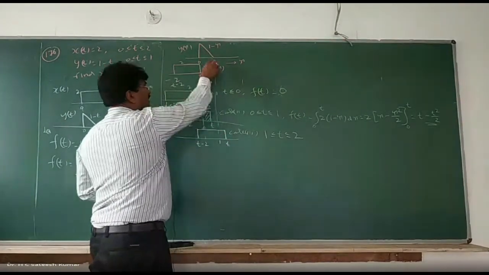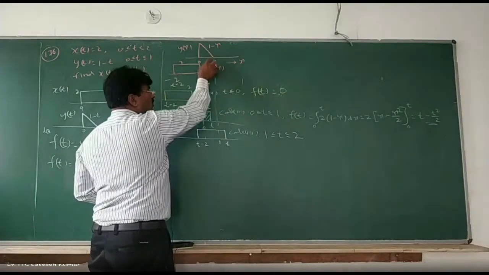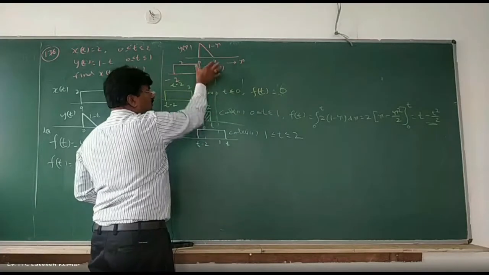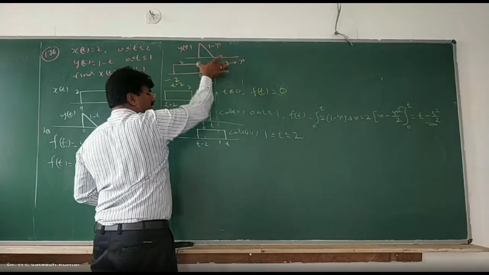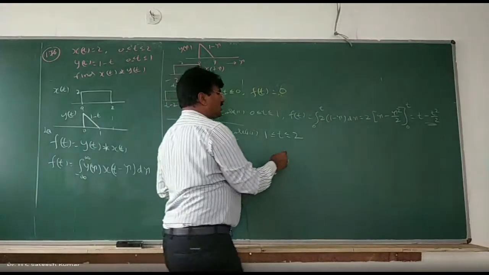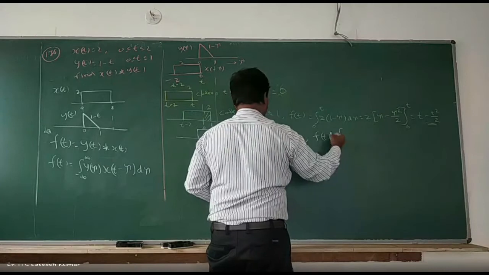Therefore, because for up to one unit of this one is overlapped, one more unit is left out for the second one. So therefore, you can move up to this point. When it moves up to 2, what will happen is still it is constant only. Therefore, you can write F of t is equal to integration from where to where.